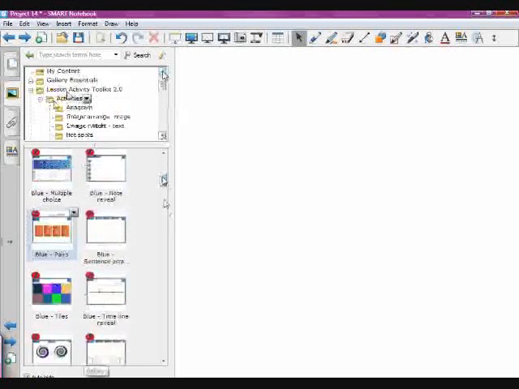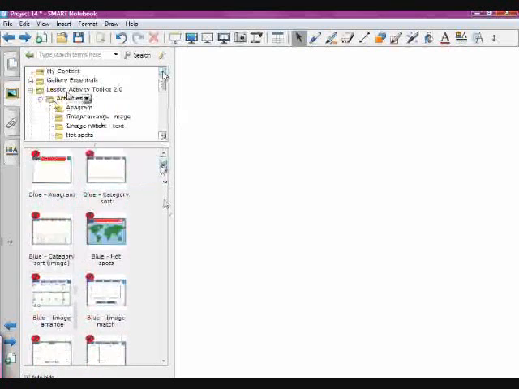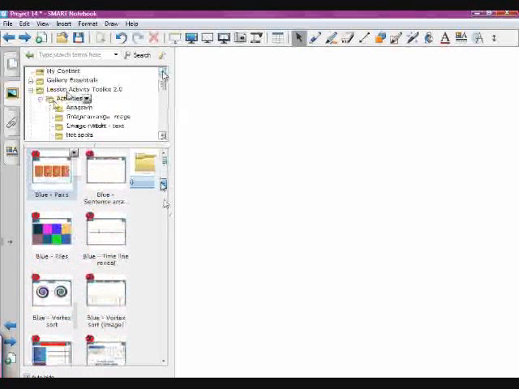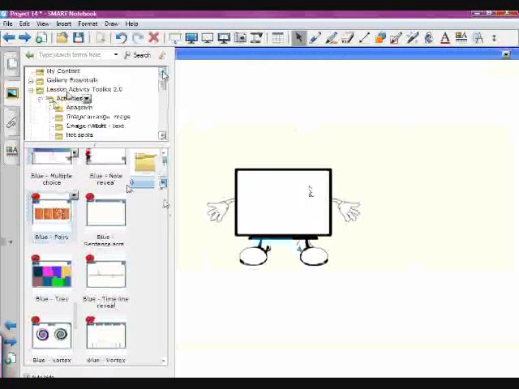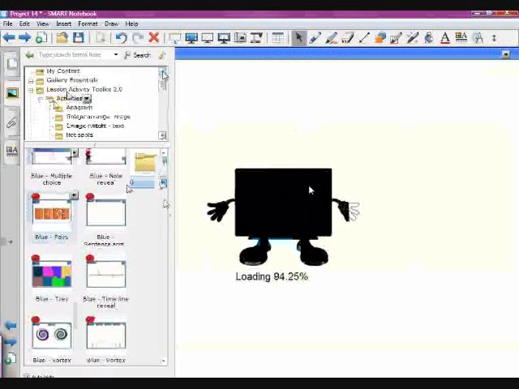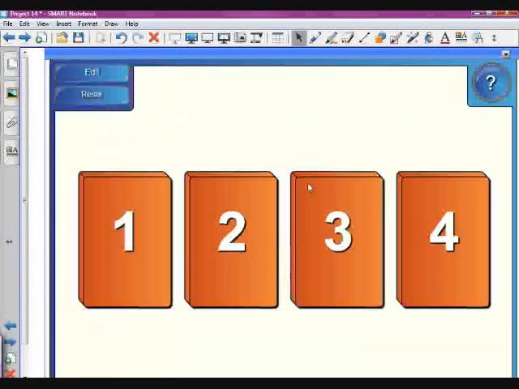Now you can come down here and scroll down and see all the different games and such that you can choose to incorporate into your classroom. For this example, I'm just going to do the matching, or the pairs as it's called here. So I'll click and drag that over, and then as it loads, okay, now I'll come up here to edit,